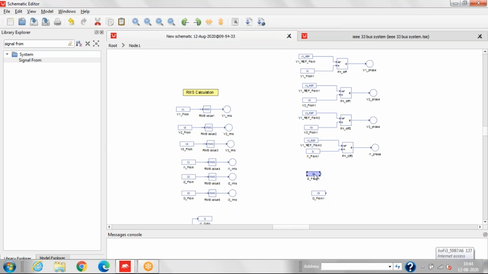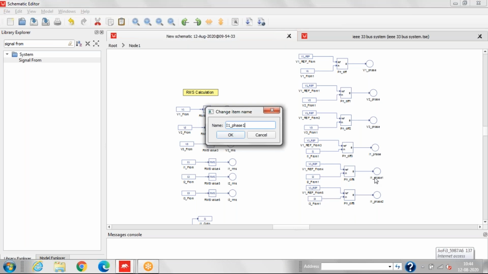Now we'll copy this and then, so now we have done the phase calculation.